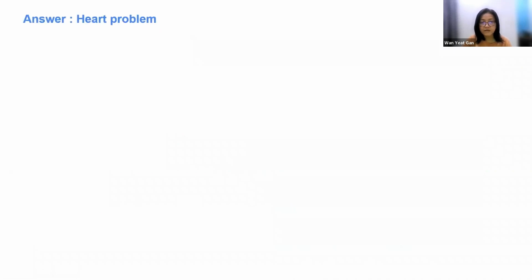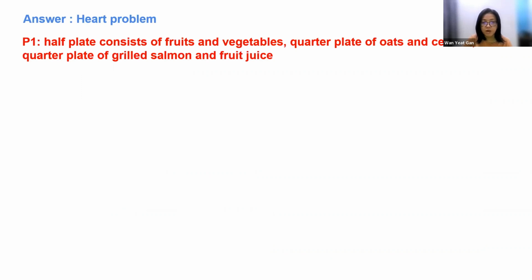Okay, so for the cardiovascular problem, based on the Malaysian Healthy Plate, your half the plate, you must mention that it must consist of fruits and vegetables, and quarter of the plate is filled with carbohydrate. But what kind of carbohydrate would be suitable? So carbohydrate that is high in fiber, like oats, cereal, this type of food like oat and cereal actually reduces cholesterol. Remember, this patient is having heart problem,